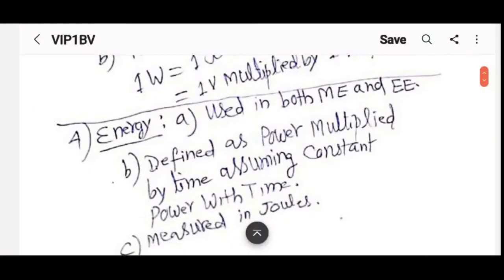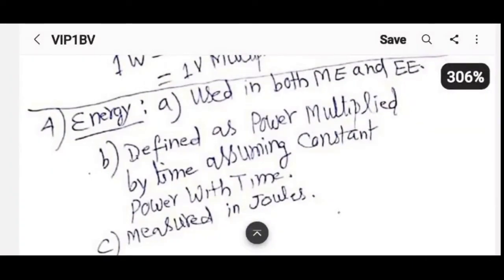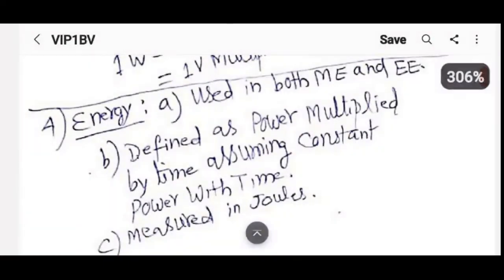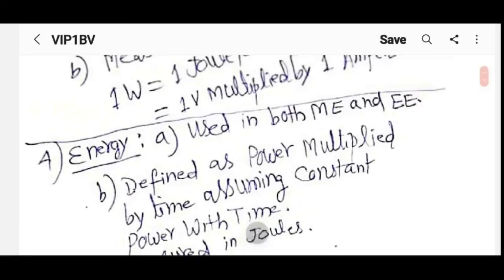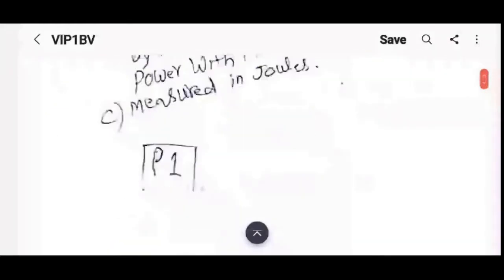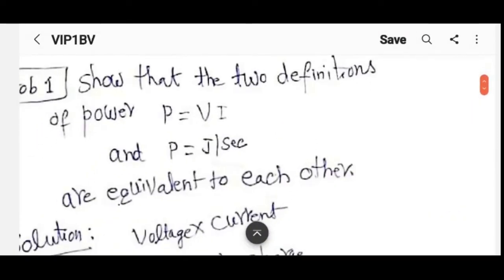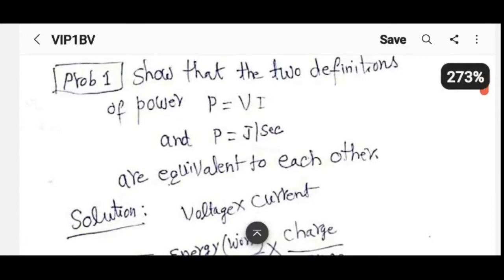Energy is something we'll be talking about a lot. If the power is not a function of time, then power multiplied by time is energy. And if power is a function of time, then you have to integrate power over a certain period of time to get the total energy. Energy is measured in joules. Power is measured in watts. Okay. Well-known things. Yeah, one simple illustrative example here.